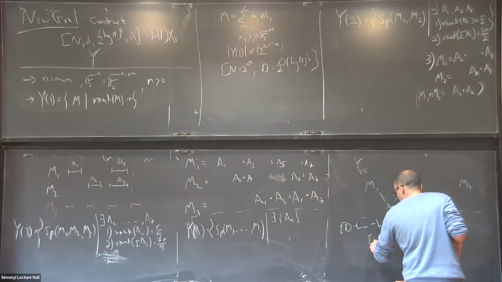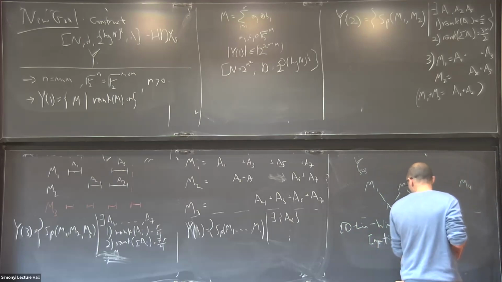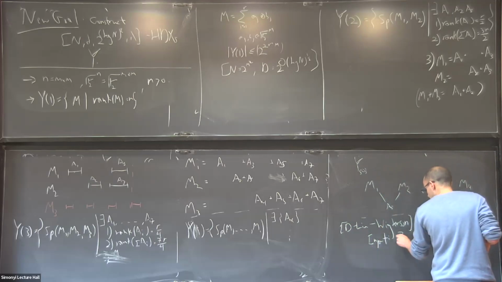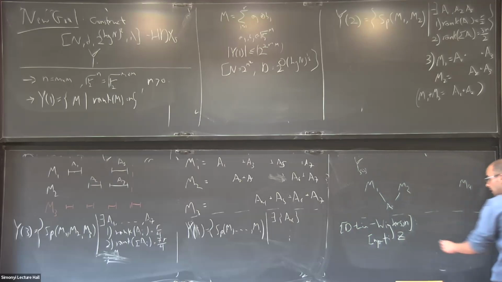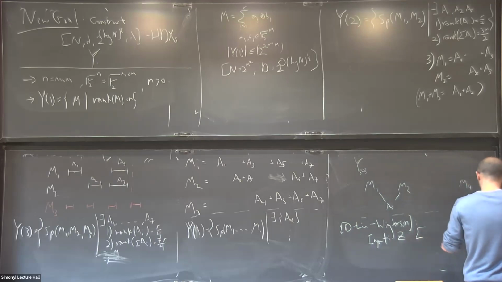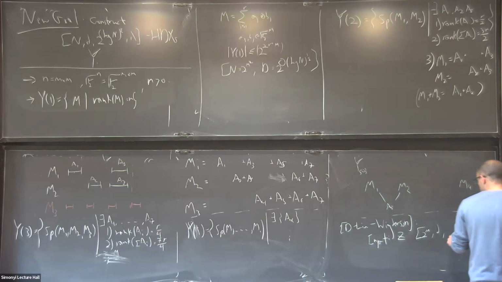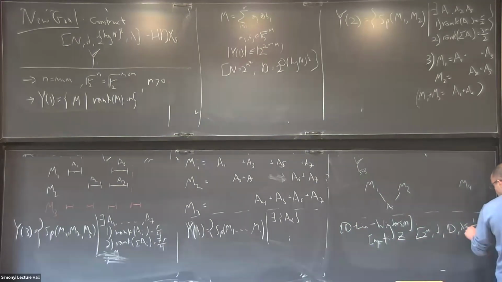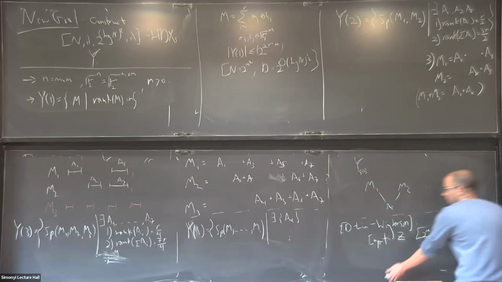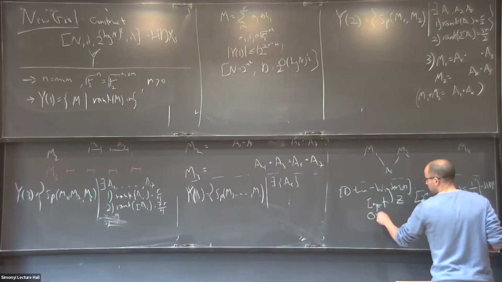We're going to take as input some Grassmann complex, let's call it Z, which is going to have some parameters, 2 to the m, d, some degree, and some lambda, which we will require to be small enough. And our output